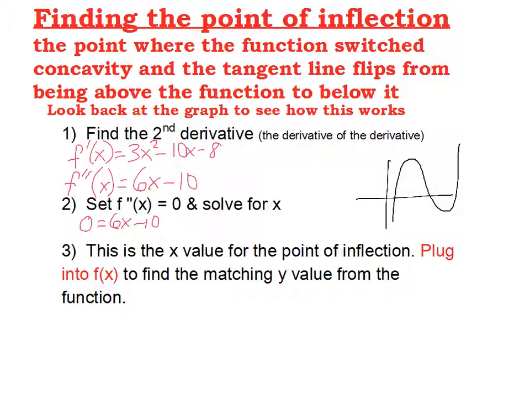Add the 10 and divide by the 6. That's going to be 10/6, or 5/3 if we reduce it. That's going to be the x value where that occurs. Now, I want to have an ordered pair for where it occurs, so I need its matching y value from the function. So it goes back into f of x, back into the original to find its matching y value. So you have to go back to the original function,